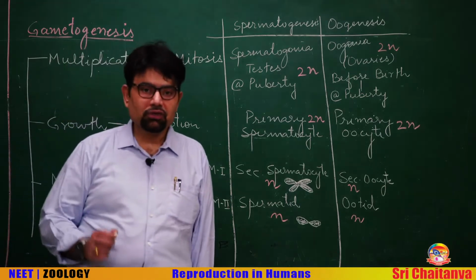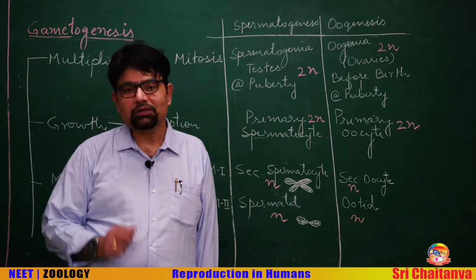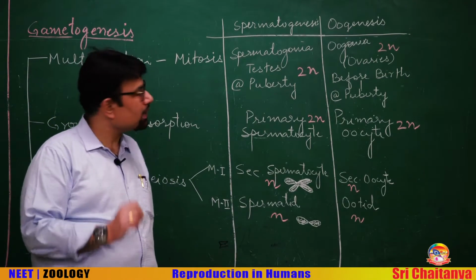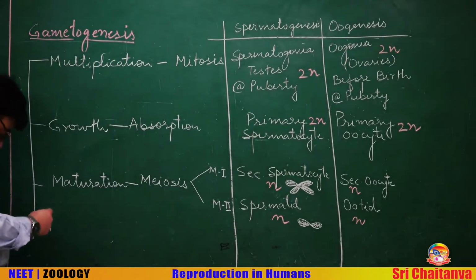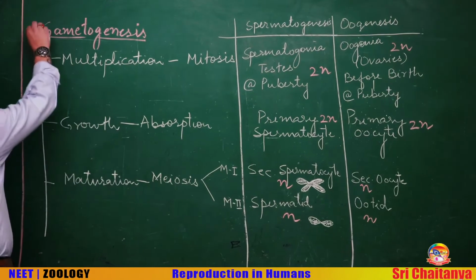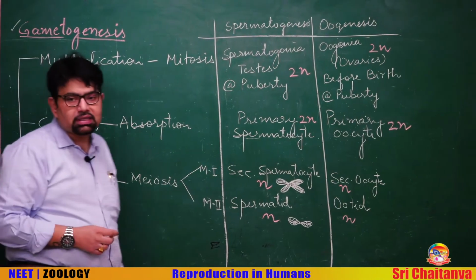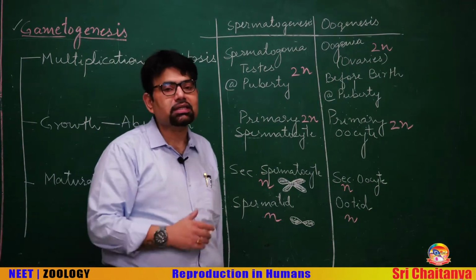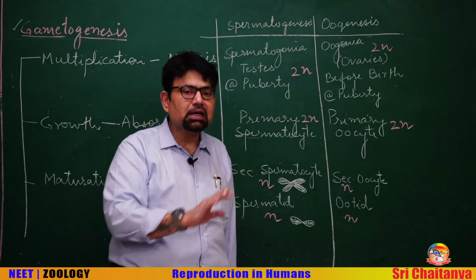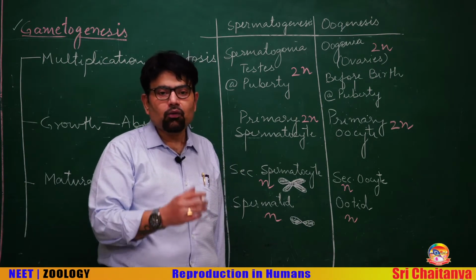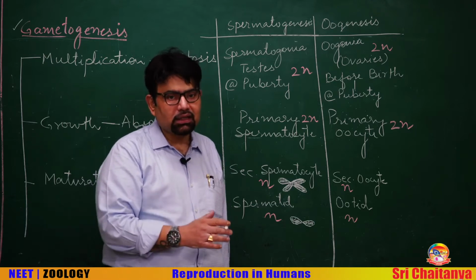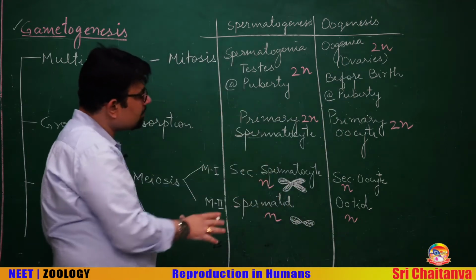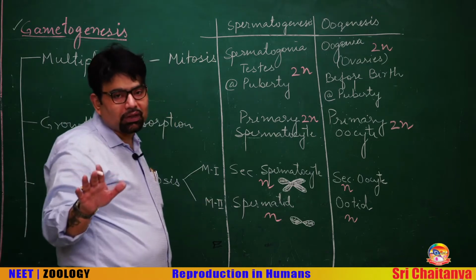Guys, after completion of the anatomy of male and female reproductive systems, a very important topic, and believe me, at least one question is expected from this topic, and this is gametogenesis. Gamete formation, gametogenesis, sperm formation, spermatogenesis, and egg formation is oogenesis. Although these two processes are marked different, but what are the common things and how we can make it easy, that I have compared the two processes here, and I believe that this will make it absolutely clear in your mind.